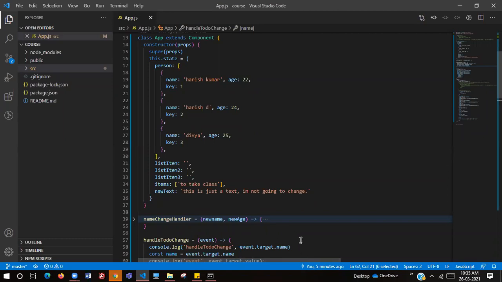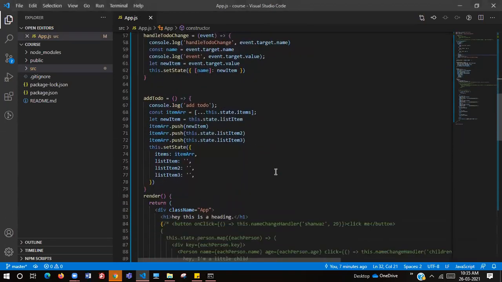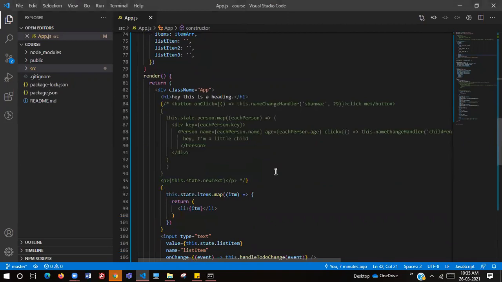Shanwaz, Harish, where do we stand? Harish, small question. I got the output, but whenever I'm inserting an input value in the first field, it's taking directly to all three fields and it's not changing. That means you have given the same name to all the inputs.